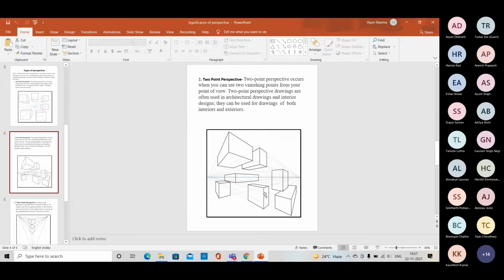So you can always see the corner in front, and we have to create two side distances. One is on the right hand side, one is on the left hand side. Right and left are called the corner. This one is the corner, this one is the right hand side of the box, and this one is the left hand side of the box. And you can see the above and the below, same concept of the 2 point perspective. Something is at mid eye level, this one is below eye level, this one is above eye level, right? So when it is above eye level, we can find out the bottom, and when it is below eye level, we can find out the top of the boxes.